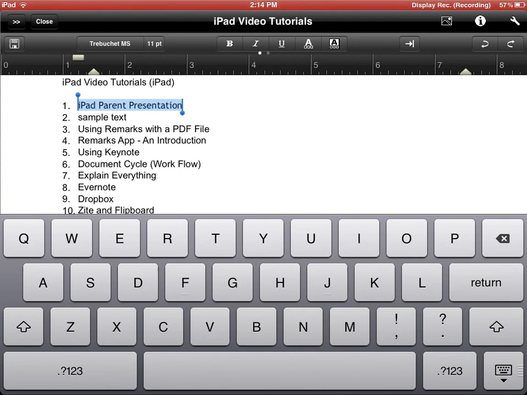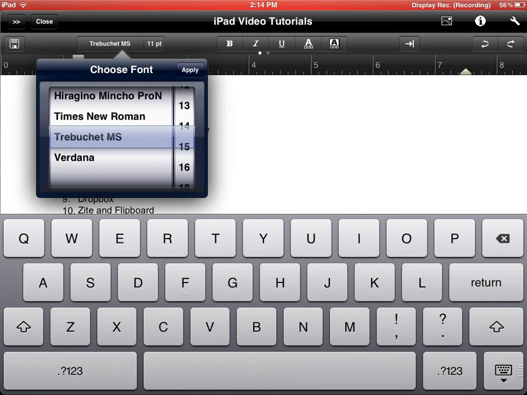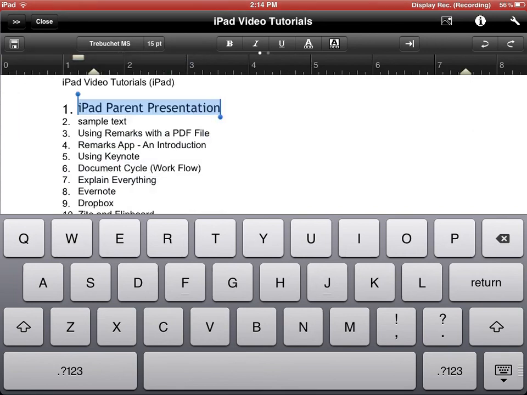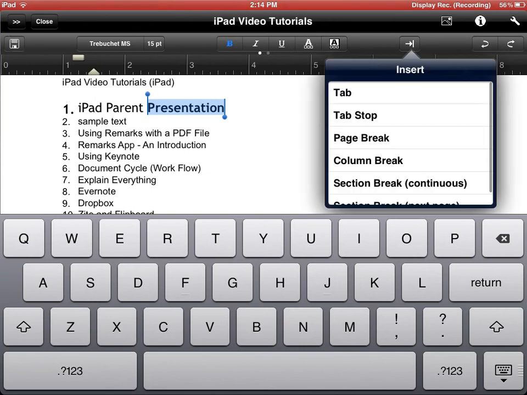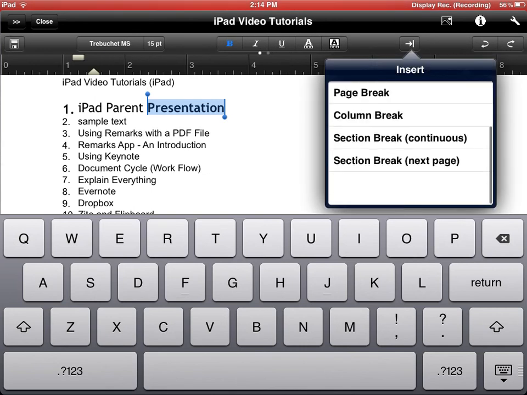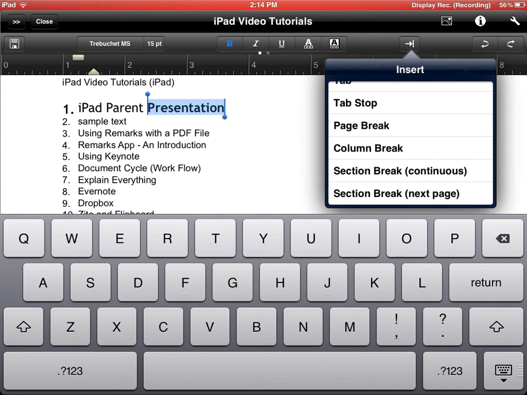If I want to change the size of that and make it bigger, I can certainly do that. It makes it bigger. If I wanted to bold it, I again could select and hit bold, and it would bold, italicize, etc. This arrow button right here allows you to tab, break into sections, and other examples. These icons over here allow you to